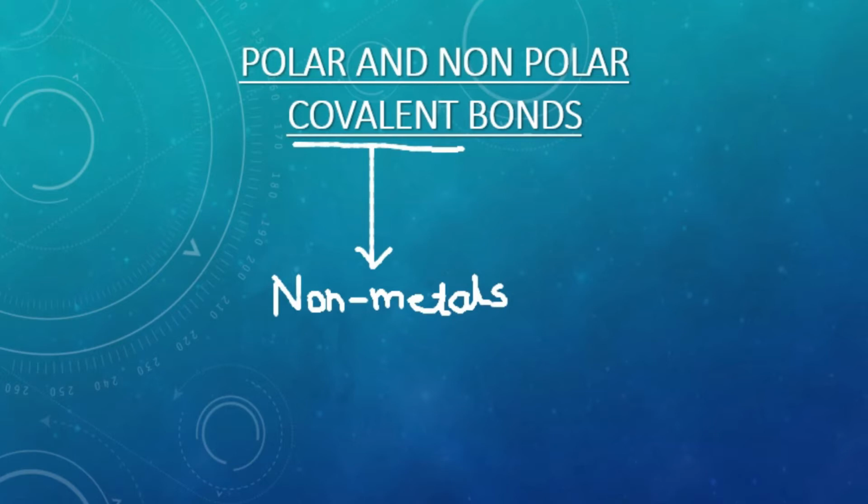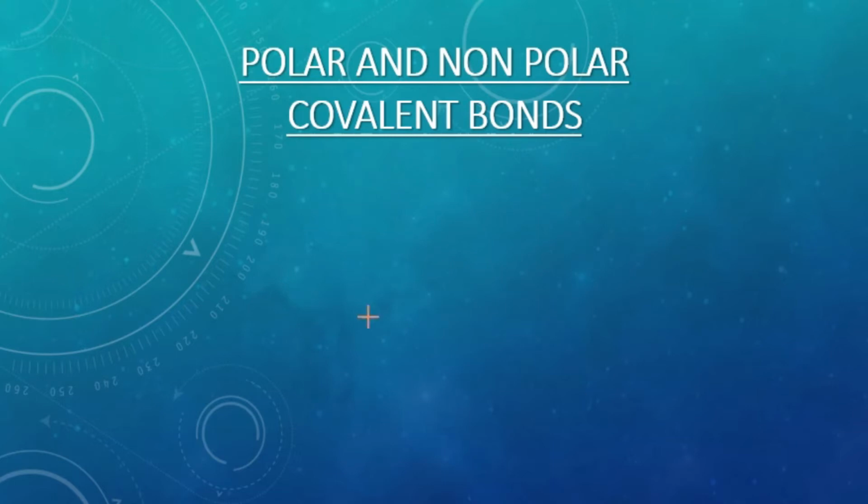What are nonmetals? Nonmetals are the elements that are electronegative and they have the tendency to gain electrons. So when two atoms of nonmetals, any nonmetals, form a bond between them to stabilize themselves by completing their octets, this bond is called a covalent bond. For example, if we consider two nonmetals,